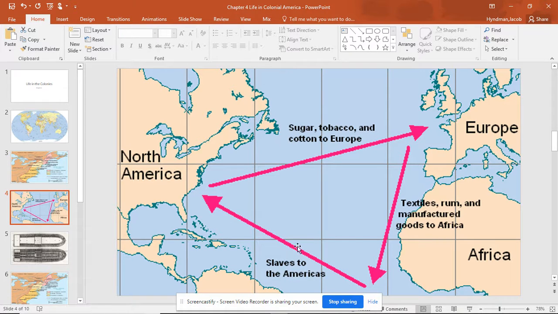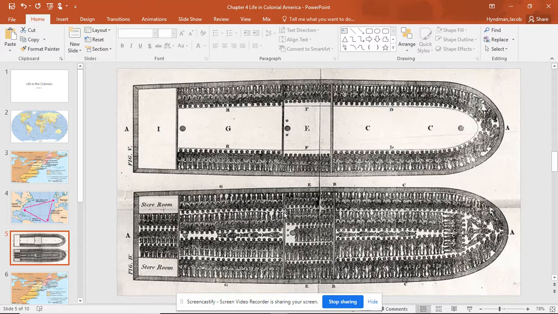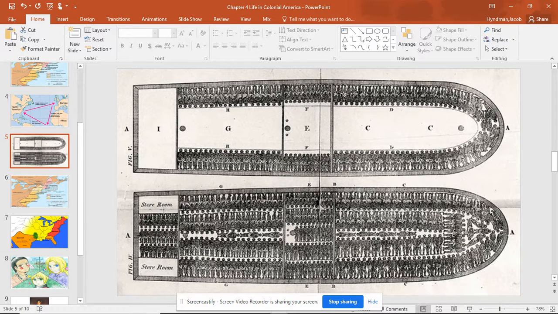We'll get into that. But then you're also going to learn about something called the Middle Passage, which was the journey that slaves took from Africa right here across the Atlantic Ocean to the Americas. The reason why we talk about that is because it was just absolutely horrible conditions. As you can see right here, what you're seeing is a diagram of how they would lay the slaves on the ship and how little space there was. So this is something that we're definitely going to get into. It's very sad, but it's also a real part of our history, and we will definitely delve into it today